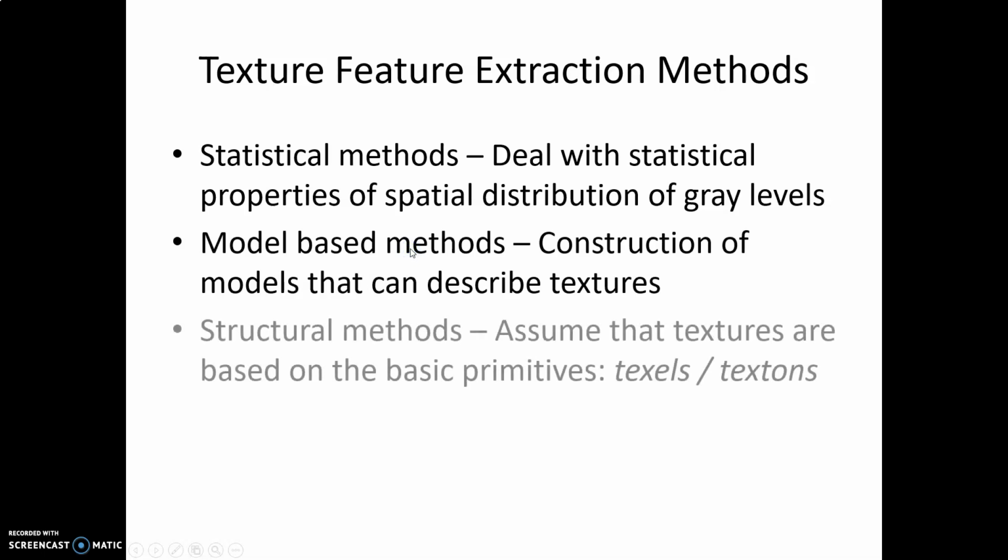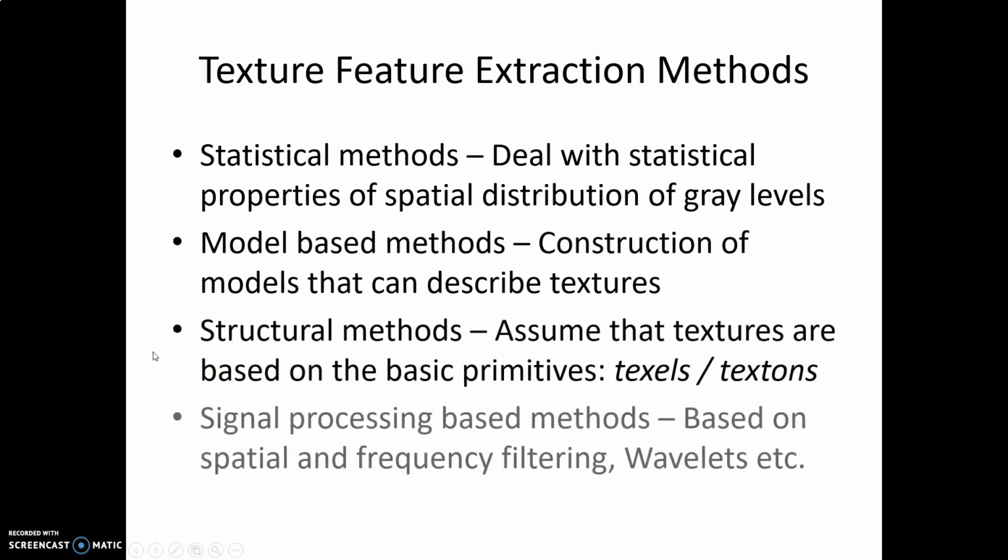Now, there are four different basically strategies which are used for texture feature extraction, or generally we can say that all the methods can be divided into four different strategies. Number one is statistical methods. They deal with the statistical properties of the spatial distribution of gray level values. Then there are the model based methods, in which the construction of models is done that can actually describe the textures. Then we have the structural based methods, in which we